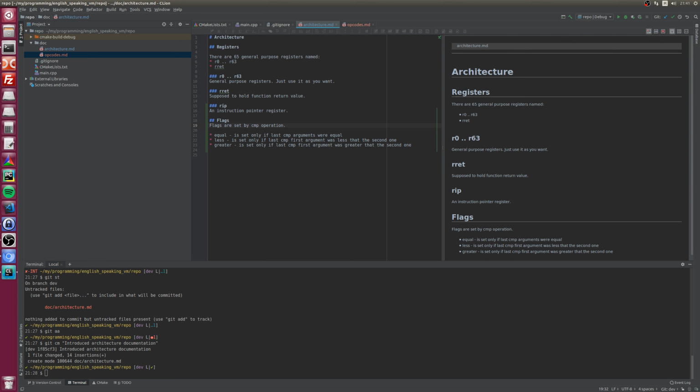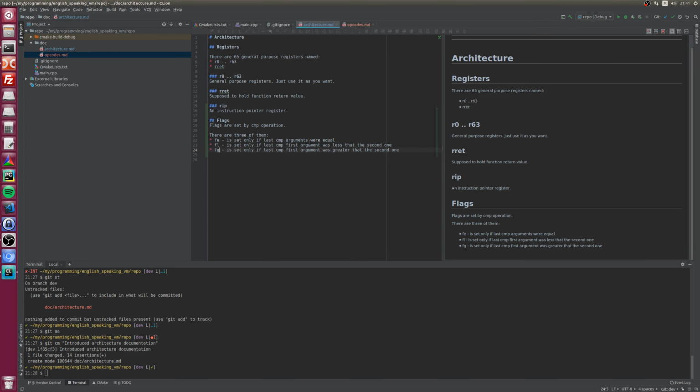So yeah: flag equal, flag less, flag greater. Okay, flags, cool.